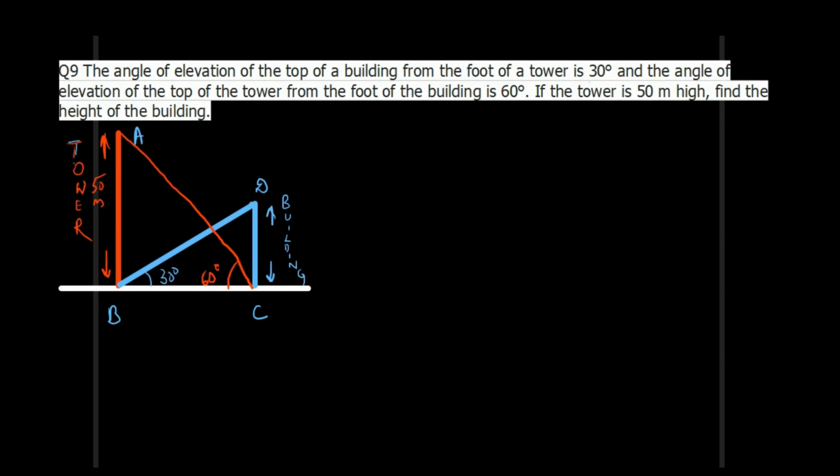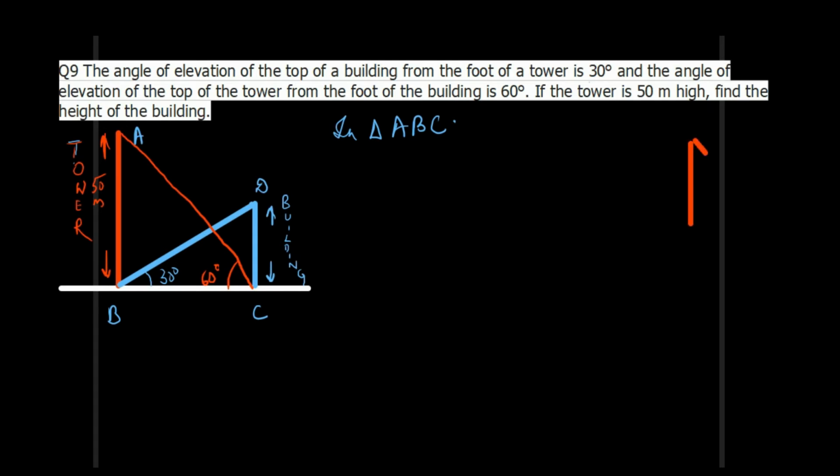Because in the second triangle CDB, if we are given BC, because this BC we will find from the previous triangle ABC, then with the use of this BC, we will be able to find the height of the building. So first of all, we will choose triangle ABC. If you want, I will draw this triangle again for you. Let us draw it separately.